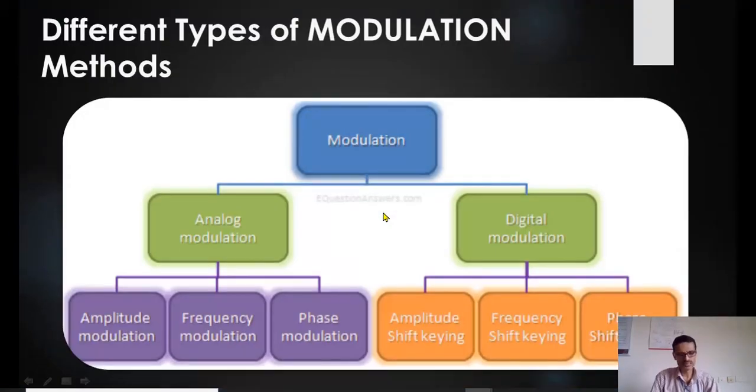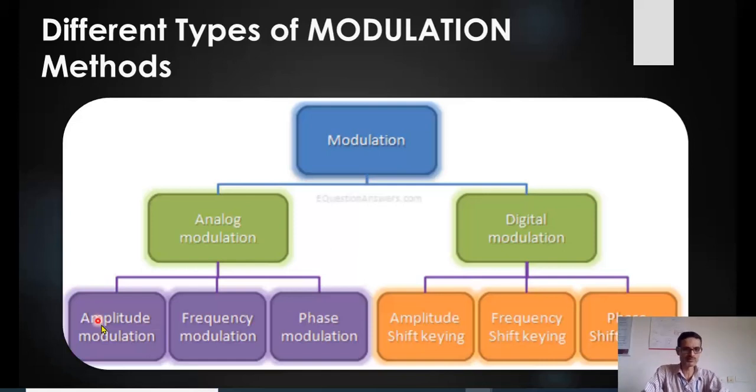Now, so till now I explained about why we need modulation. Now we will see what are the different types of modulation techniques used in general. We can classify into two different types. The one is analog modulation. The other one is digital modulation. Under analog modulation, we can have amplitude modulation, frequency modulation, and phase modulation. These two can be called together as angle modulation. And in the digital modulation techniques, we have basically three different types: amplitude shift key, frequency shift key, and phase shift key.